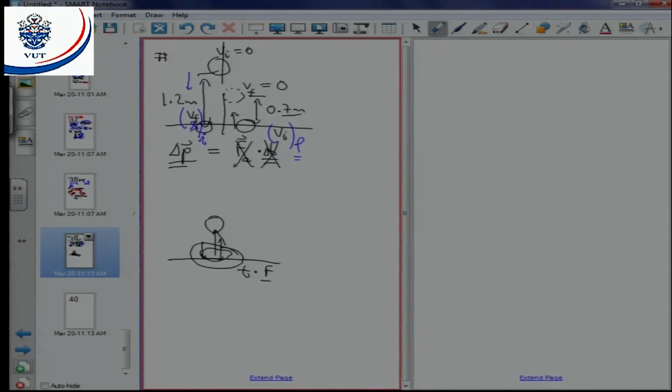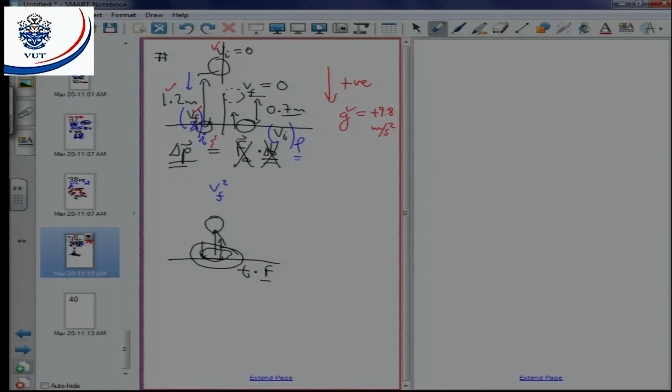Okay, so we need to choose a direction of motion. Let's choose down as positive. If we choose down as positive, g is equal to positive 9.8 meters per second squared. Now let's use equations of motion for this half to find Vf. We know Vi, we know h, we know g, and we want to find Vf. There's no t, so the equation of motion that we use is